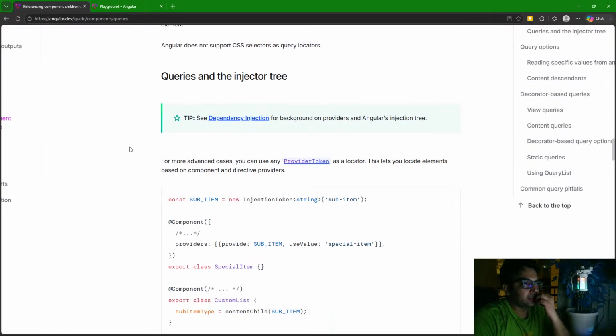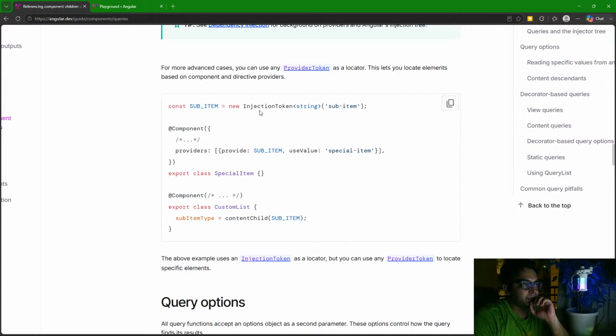Okay. Queries and injector tree. For more advanced cases, you can use any provided token as a locator. This lets you locate elements based on component and directive providers. Subitem, new injection token string subitem, component providers provide subitem, use very special item. ठीक है, लेकिन बेसिकली हम इसमें क्या करें, एक आईडी जनरेट करके हम एक कंपोनेंट को असाइन कर दे रहे हैं, और यूजिंग दोज दैट आईडी मैं ग्लोबली उसको एक्सेस कर सकता हूँ। बेसिकली ये चीज़ है ये।